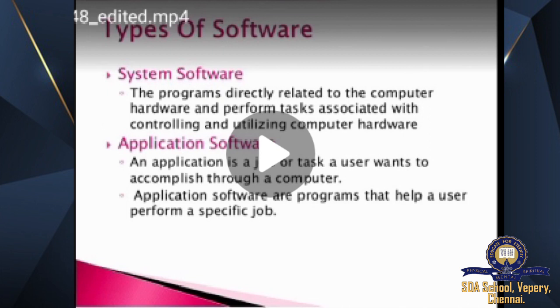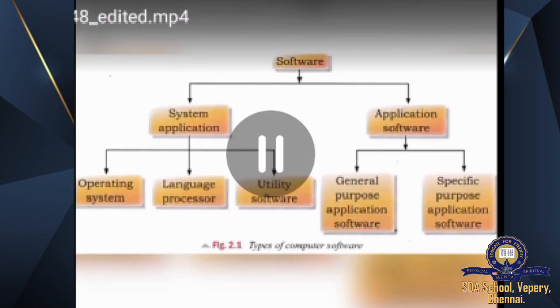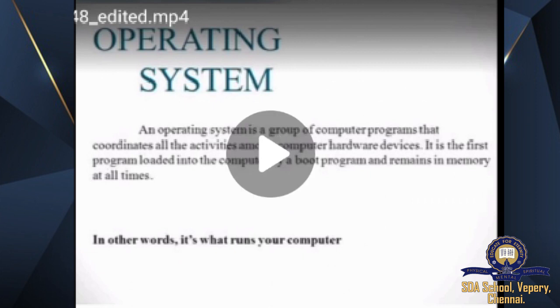Now, let's move to the next topic, that is called operating systems. This is also one of the very important systems in the computer, the operating system. And everybody knows, last year in 6th class we learned that the CPU is the brain of the computer. Okay, let us look into this operating system. The operating system acts as an interface between the user and the computer system. They also manage the activities of the system to let the user manage the system effectively.